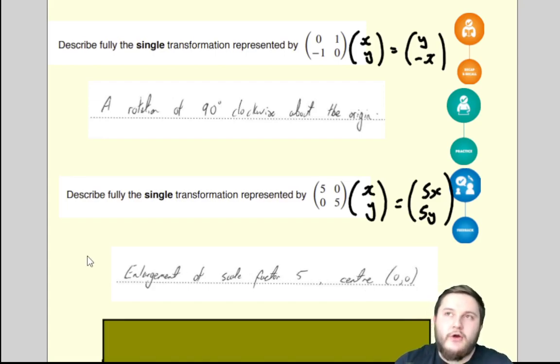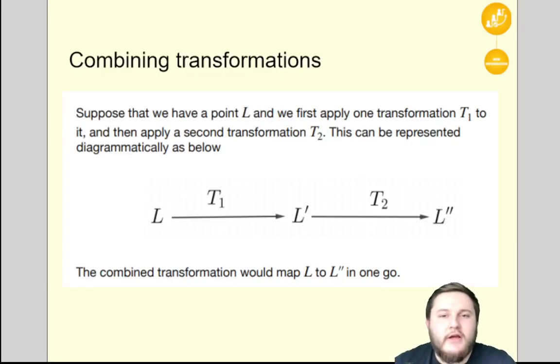because when you get to a high level in maths, you realise that if it's not going to start at (0, 0), then there's going to be a different matrix which is going to give that sort of outcome. But centred (0, 0) is just 5, 0, 0, 5. And as we discussed, this is just k times the identity matrix, where k is the scale factor in this case. So when we combine transformations then, suppose that we have a point L and we want to apply one